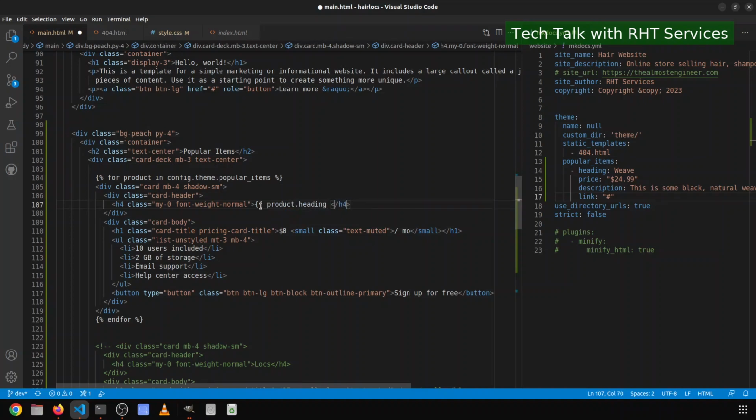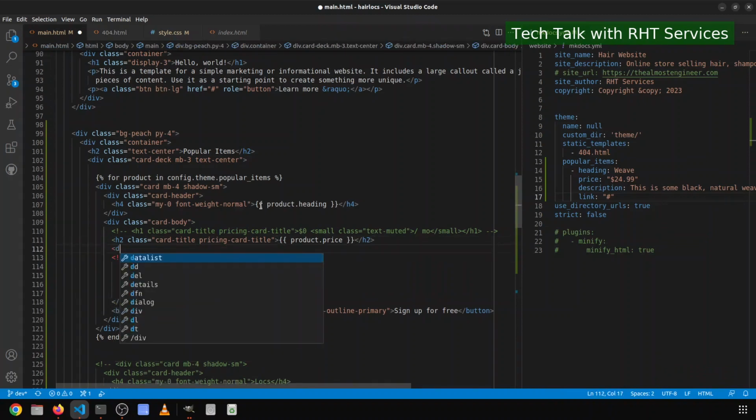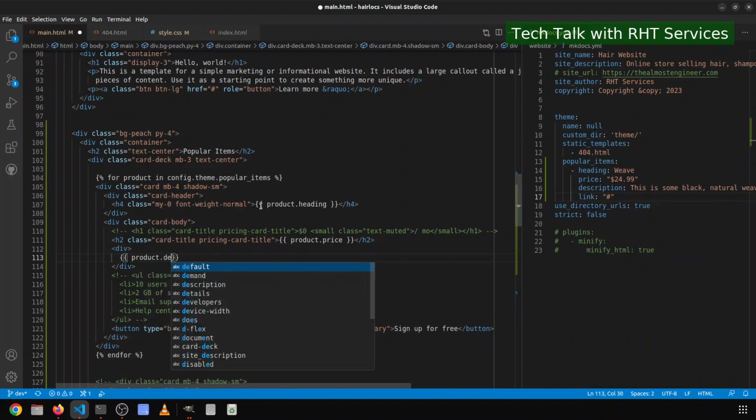with the closing braces. I'm going to get rid of that H1. I'm going to put an H2 class card title, pricing card title, colon, quotation, and then we'll do open brace product price, closing brace. All right, and then inside of this unordered list, I want to do a div, and that way it can be styled later as need be. So then we'll do product dot description,